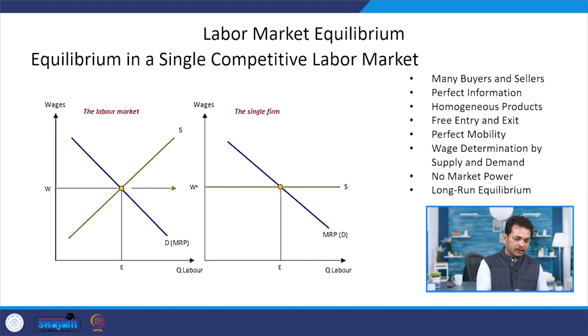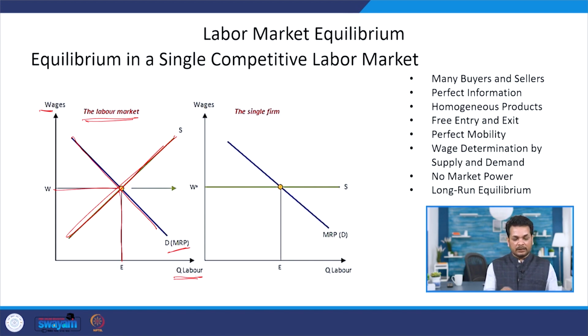So, here we have taken the labor market, and on the x axis we have taken the quantity of labor and on the y axis the wage rate. The labor supply function is upward sloping and the labor demand function is downward sloping, and this labor demand function is governed by the marginal product of labor. The interaction of these supply and demand forces decides the market clearing wage rate and the amount of employment in the economy.